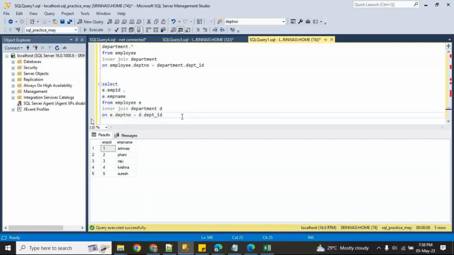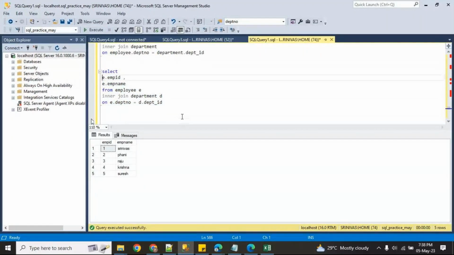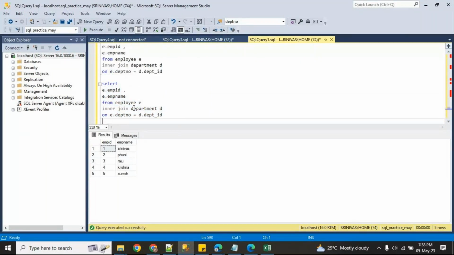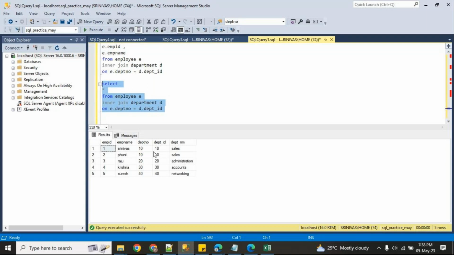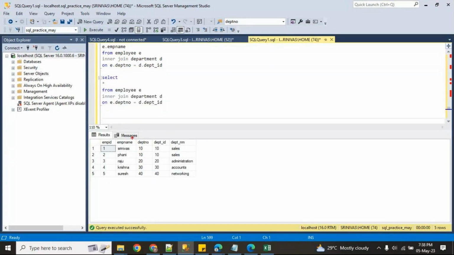So this is the basic only. Many people are from entirely different backgrounds, so I am repeating multiple times. Here what I learned now: if I use a star, it is going to give all the values, both departments. But I don't want it like that. Here in the output, the same is repeating. I don't want that one.